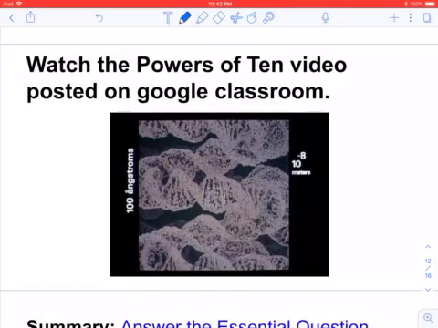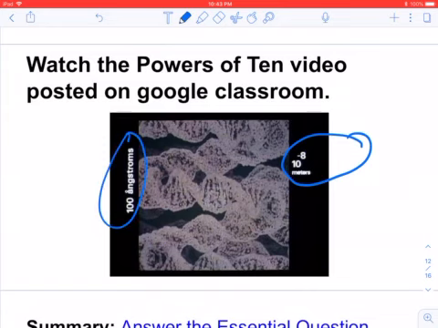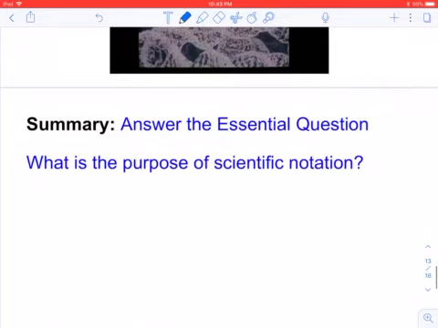Okay, at this point, I would suggest you go back onto Google Classroom and watch that Powers of 10 video. It does a really good job of showing you why scientific notation was developed, what kind of numbers scientists use, and why scientific notation is helpful. So if you'll notice on the right-hand side when you're watching it, they are showing you the scientific notation, and on the left-hand side, they're showing you the actual number most of the time. But go ahead and check that out. And then just for your own notes today,